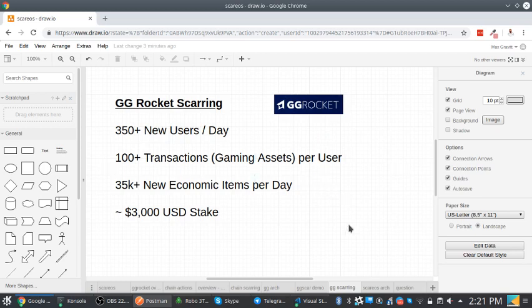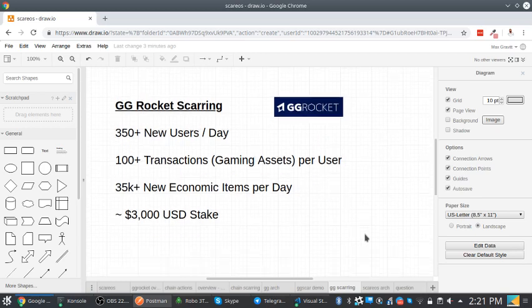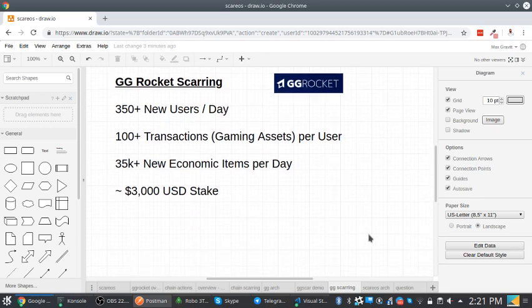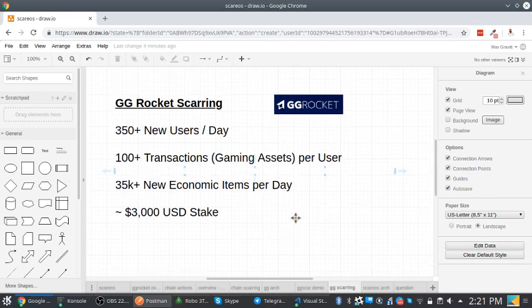And so based off of the scarring that I just showed you, the amount of stake that we would need in EOS to cover our CPU and network is about $3,000. Actually, it's much lower than $3,000. I put it in as $3,000 just to make sure that the video is a little bit future-proofed, just to cover if things do change or if the EOS token goes up. I'm just being conservative there on that amount. And of course, there's no RAM required.